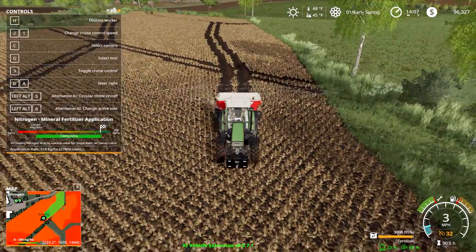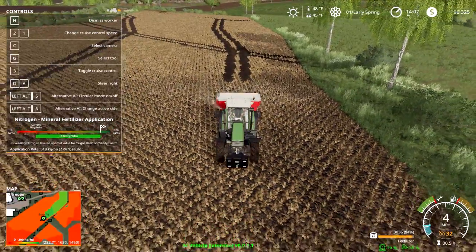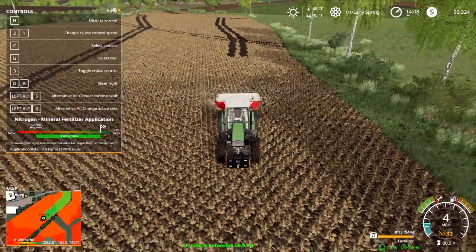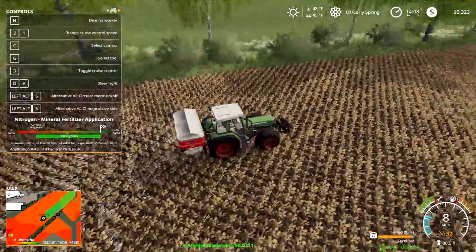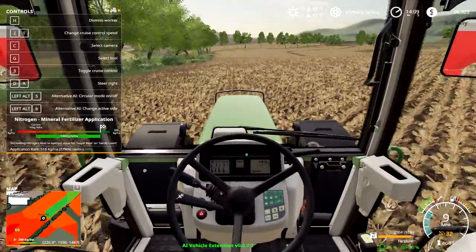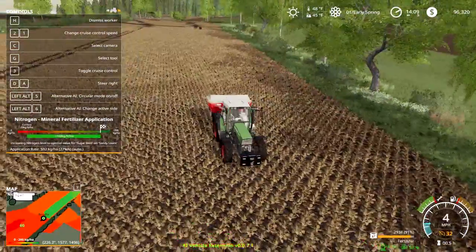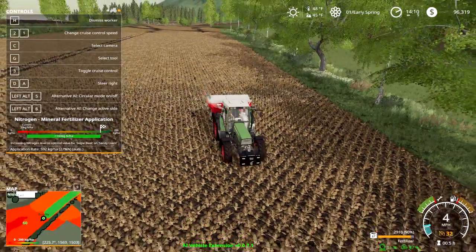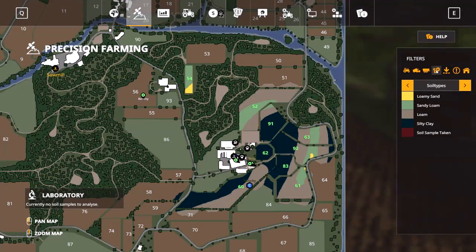So if we have him go here, he's running kind of slow, but he's supposed to follow the outside of the field. So we'll have to see if he does that. Yeah, look at that. He's following the outside of the field. Exactly what he's supposed to do. Now, like I said, he's going a little slower, and our fertilizer rate's not exactly what we're looking for, but